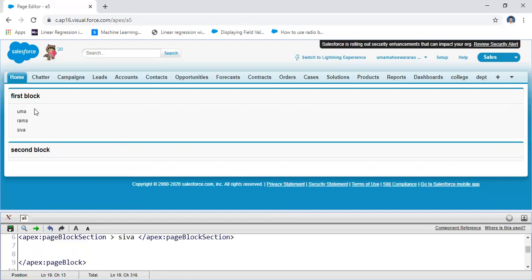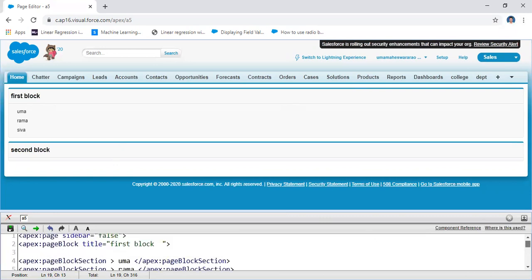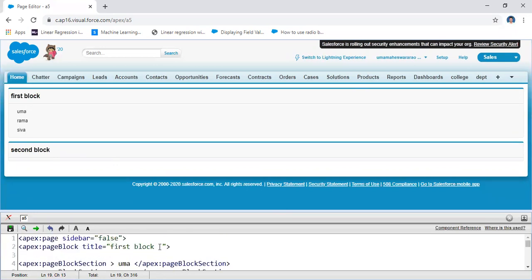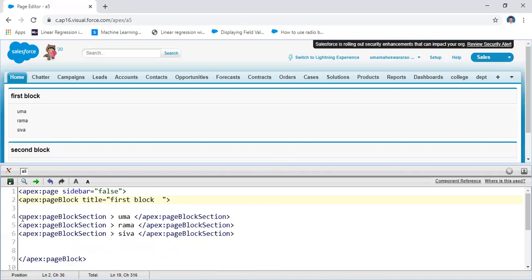Yeah, the page block is divided into subsection 1, 2, 3. Here, these are all different subsections. For example, for the page block subsection, you may give the title and then the number of columns also. For example, here I'm going to write... here it's not showing anything. Here this is one subsection. Similarly, you may write different subsections for another page.